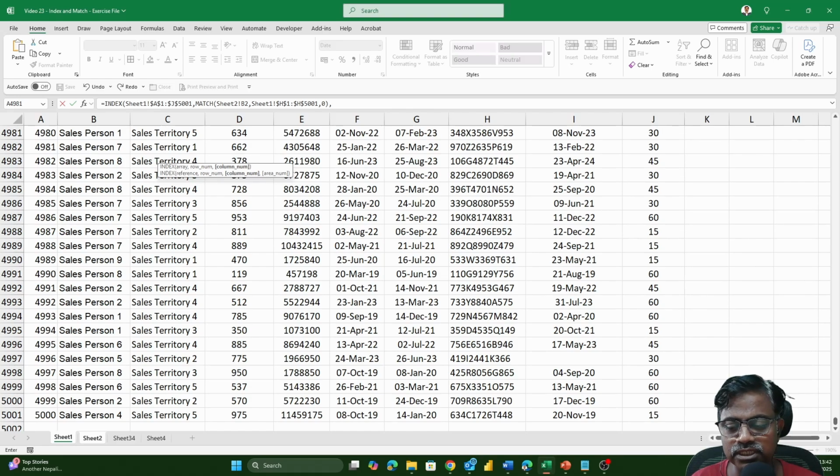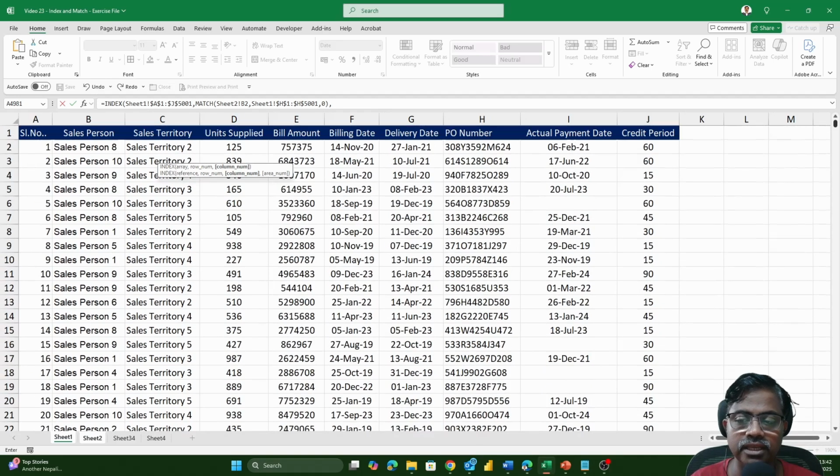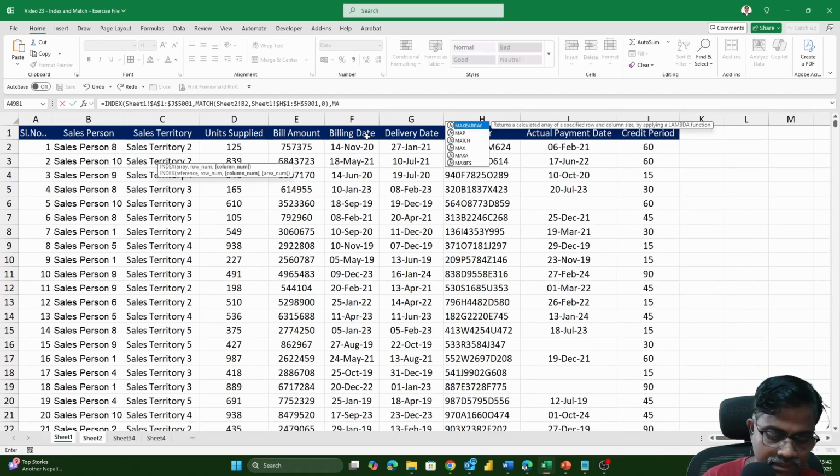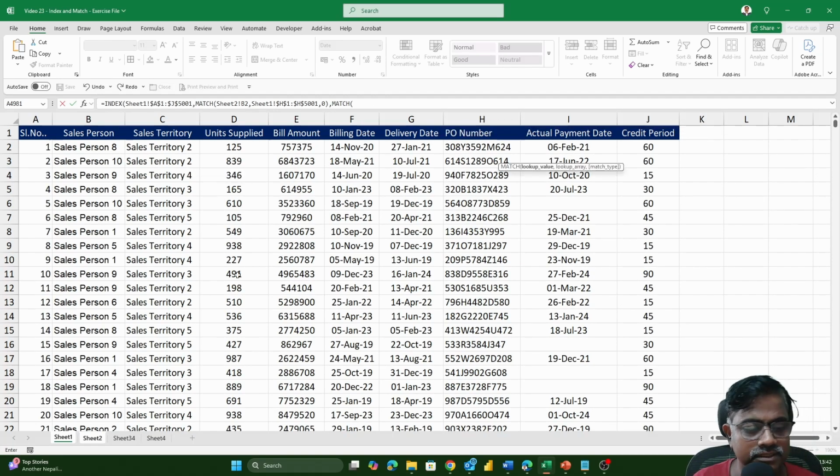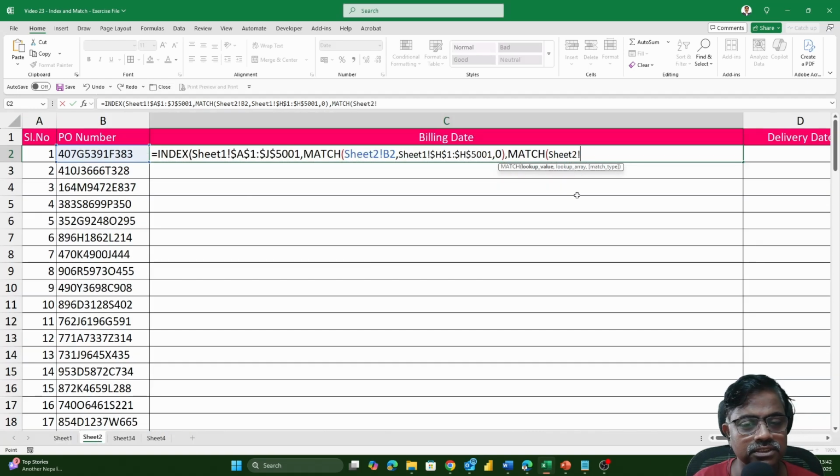The next and last input of the index formula is the column position. The column position is given based on the header. So let's go ahead and search the header. So in the match formula, the second match is to find the column number. So let's go to sheet 2. This match will search in sheet 2 for the header from which I want to extract the value. So the header for which I need the value. So billing date information only we need for this PO number. So this is the header I want to search. So the header of the formula writing column, comma, where I have to search this header in the list of headers